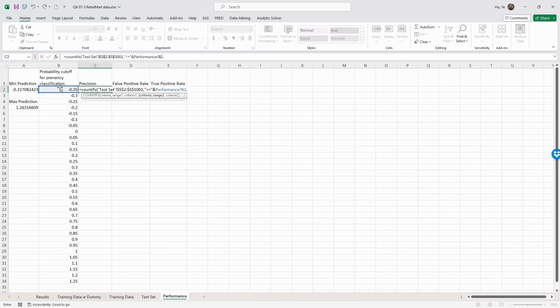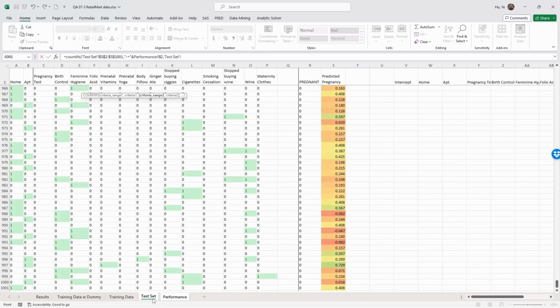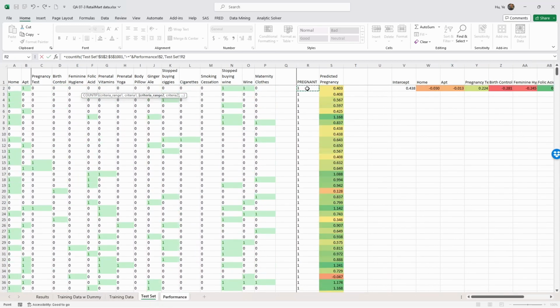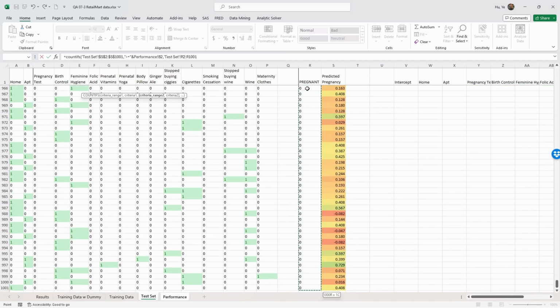And so the second condition is that actually they are pregnant as well. Not only do we predict them pregnant, they're also actually pregnant, which means on this column, and F4 to lock this, comma, and they are actually pregnant means equals 1. So these values are equal to 1. So this gives us the numerator for precision, that is the true positives, and the denominator, in this case, is the total predicted positives. So we're going to be dividing this by COUNTIF, parenthesis, and we are counting the predicted positives